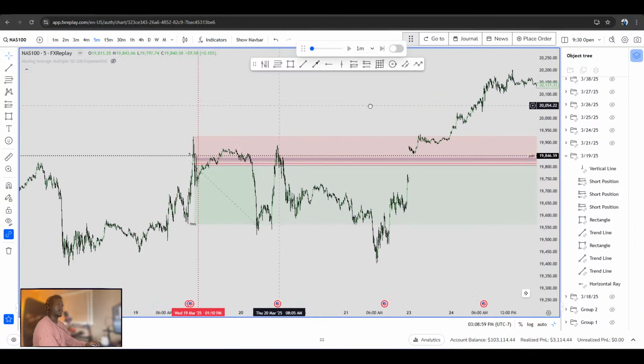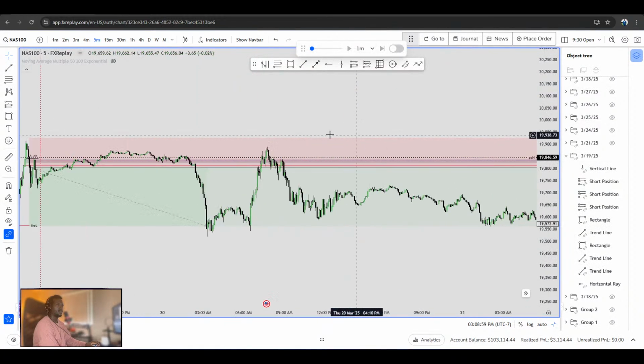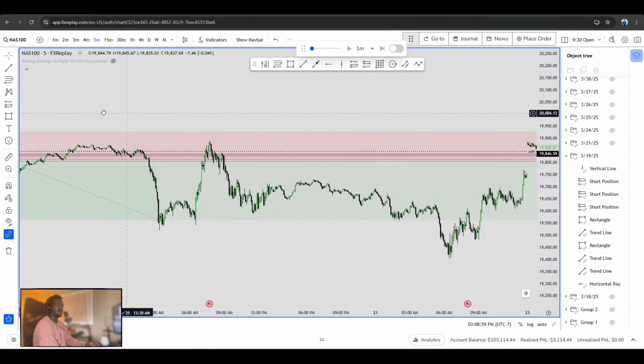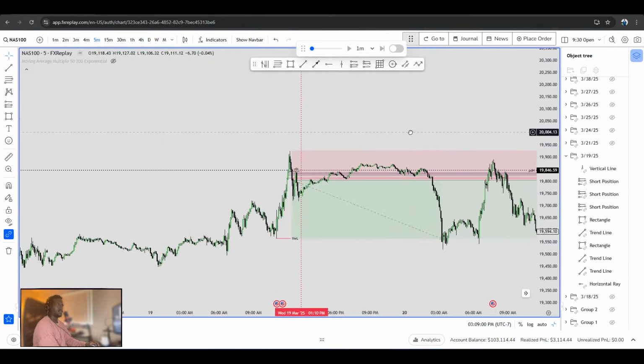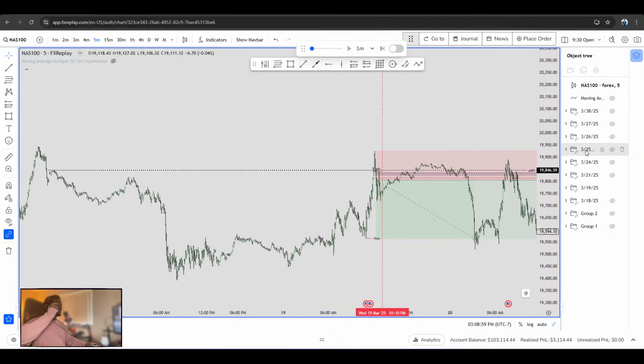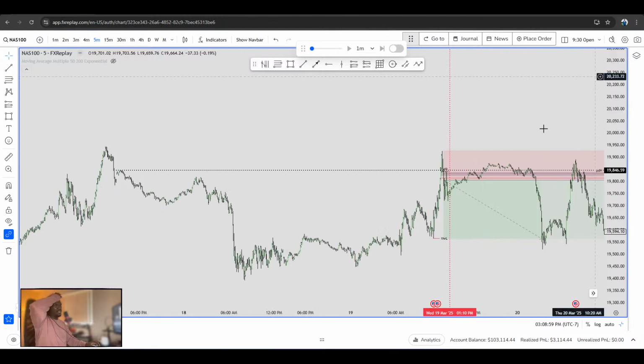Okay, right here. This one just took some time. Was this the first trade I took? I don't think so. Okay, this is gonna be a little bit repetitive, so I'm just gonna end this